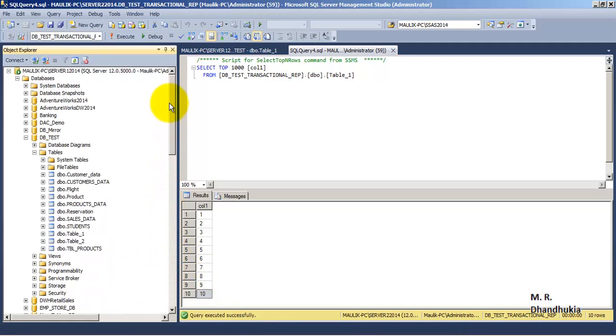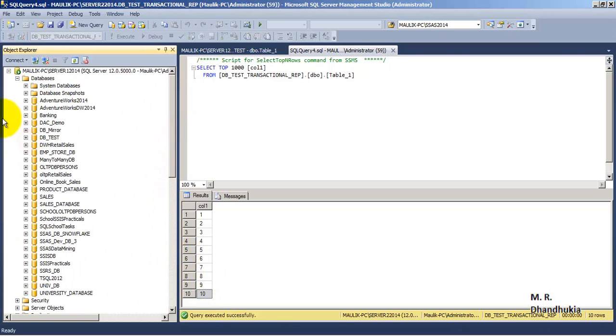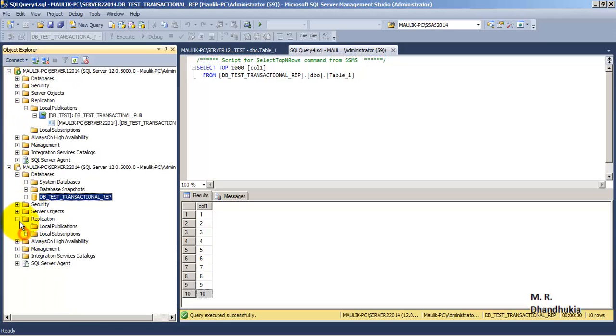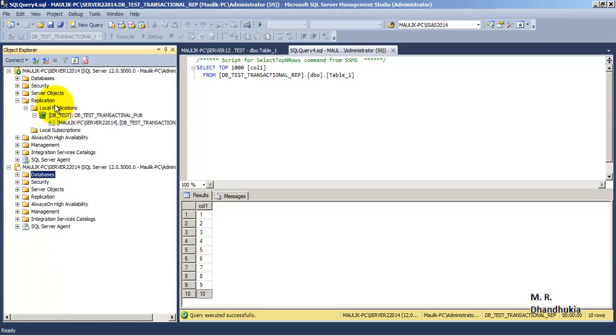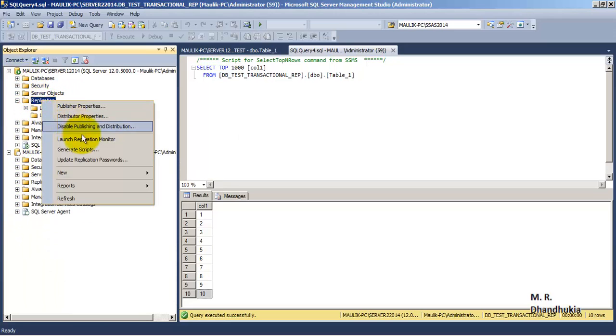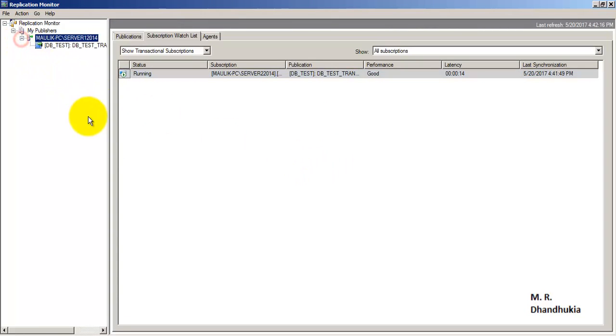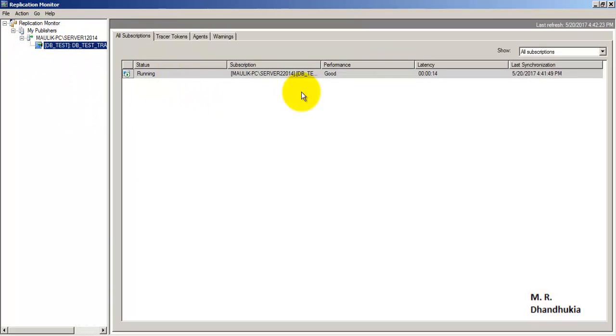Now let us see what is happening behind the scenes. Let us launch replication monitor. See the status, it is showing all in green. Initially the snapshot had run and applied the snapshot to the subscriber.